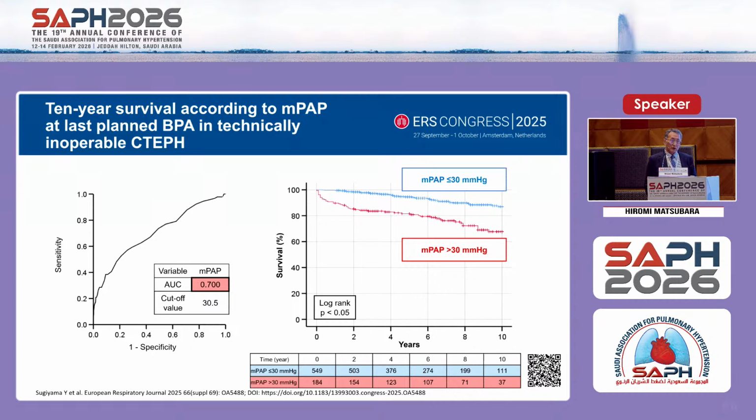So waiting 1 day, 2 days, the mean PA pressure would be much lower, but immediately after, 30. So for the initial follow-up, it's about 25. So almost near normalized hemodynamics would be necessary to get a better, truly long-term